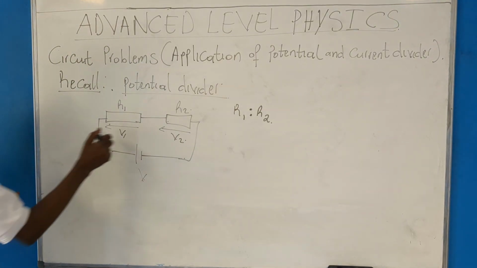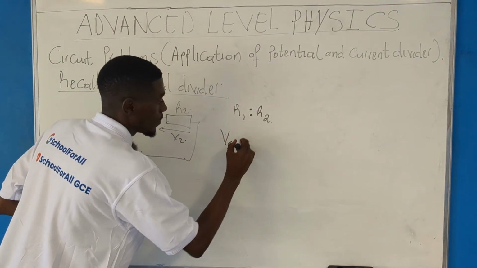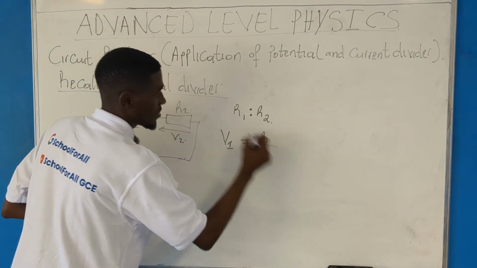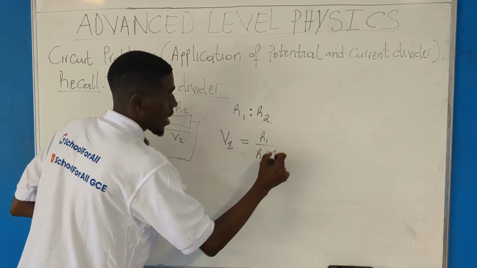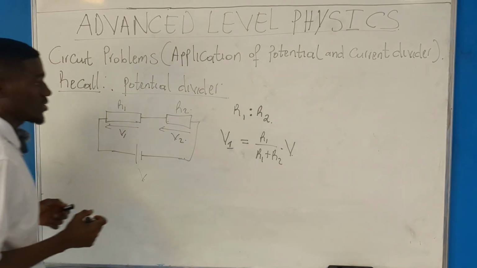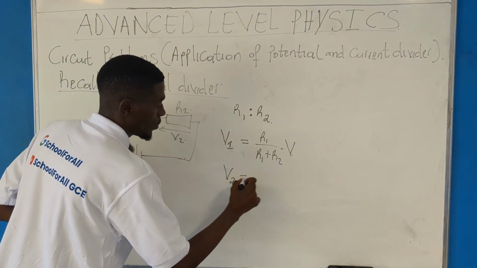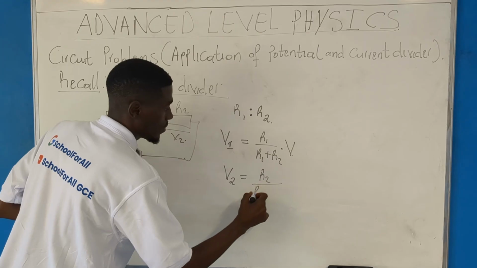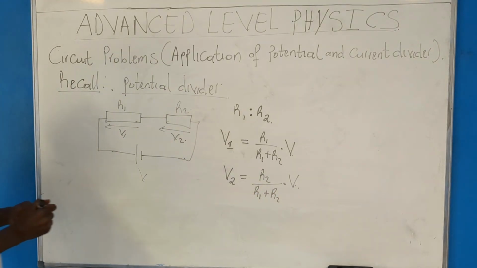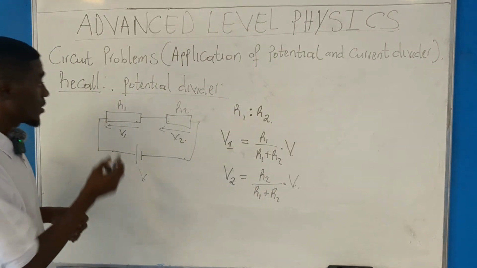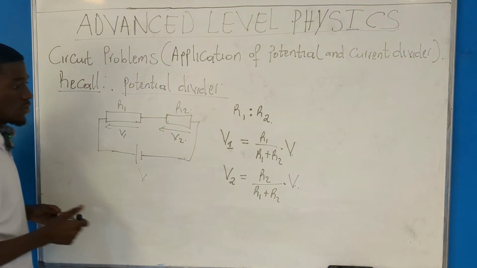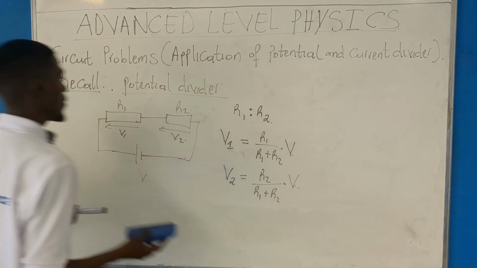So if I want to find maybe V1, I will simply take R1 divided by the sum of the ratio, which is R1 plus R2, times the voltage which is being shared, V. Same thing with V2. V2 will be R2 all over the sum of the ratio R1 plus R2, times the voltage which is being shared, V. So as simple as that, I have the voltage across the resistor R1 and the voltage across the resistor R2. So by doing same with current divider,